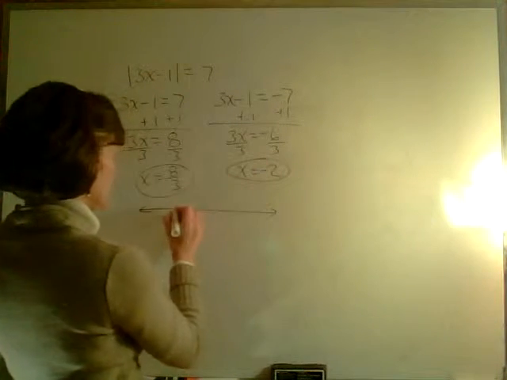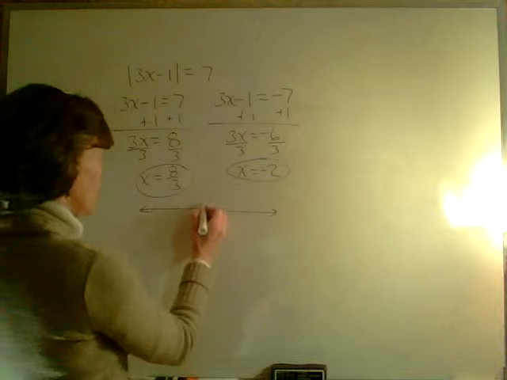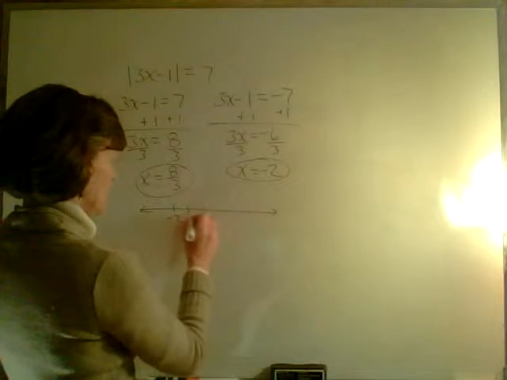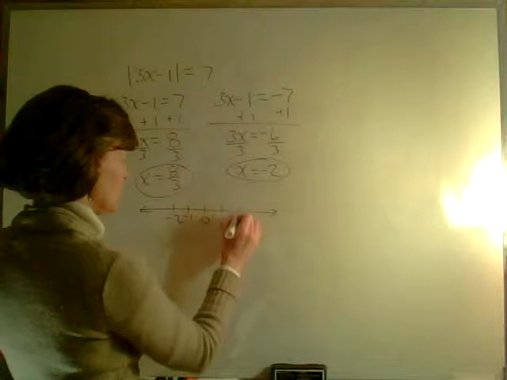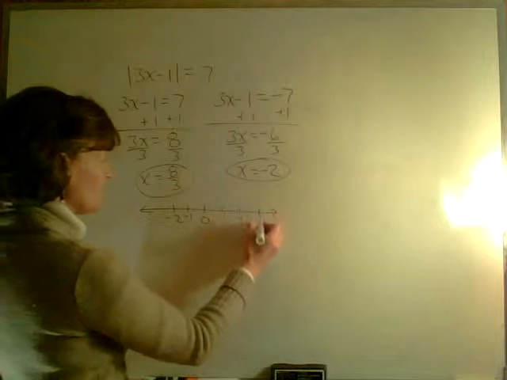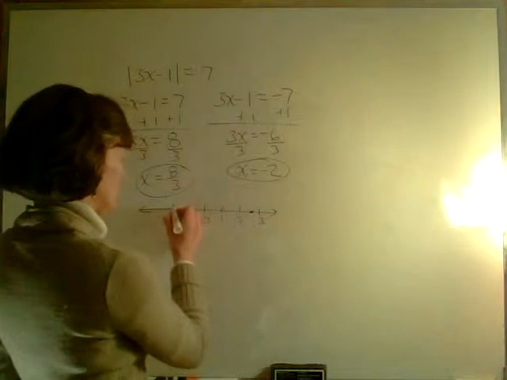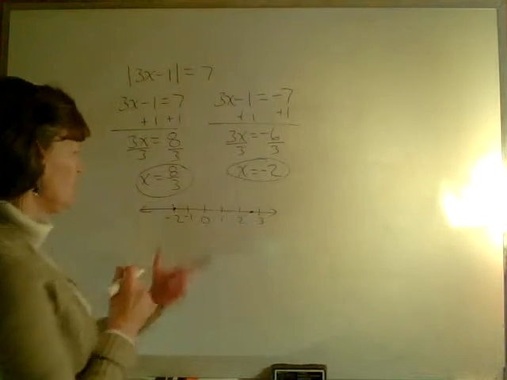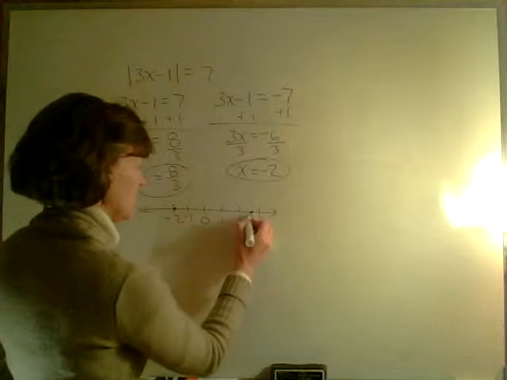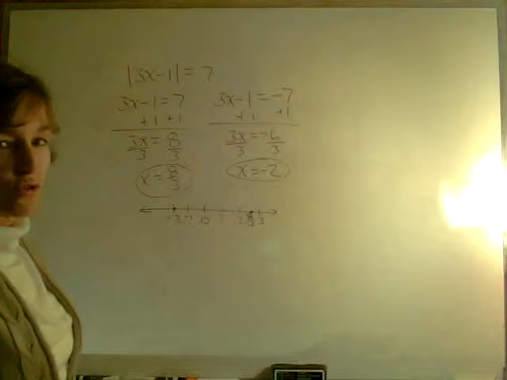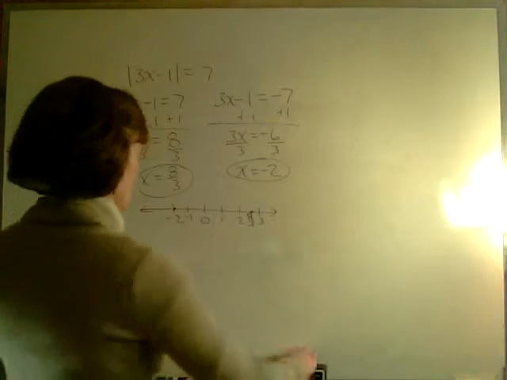this and this. And if I graph them on the number line, here's 0, here's negative 2, here's negative 1, 1, 2. 8/3 is going to be between 2 and 3. So this might be 8/3. All right? And you're basically just graphing the two numbers that you got for solutions. They're just those 2 points. All right? Now,